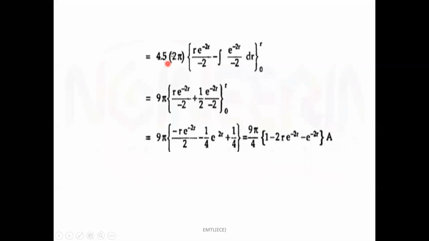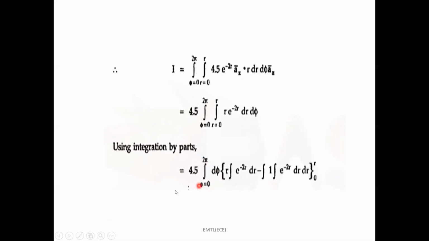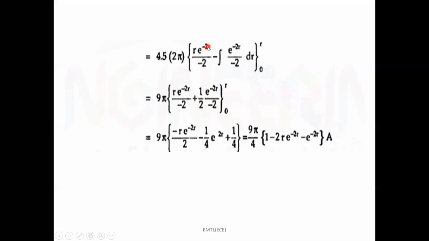So 4.5 into, already I said that the integral of d phi is equivalent to 2 pi, and r into the integral of e power minus 2r is e power minus 2r by minus 2, minus the integral of e power minus 2r by minus 2 into dr from limits 0 to r. Now by substituting these values, it is equivalent to 9 pi by 4 into 1 minus 2r e power minus 2r minus e power minus 2r